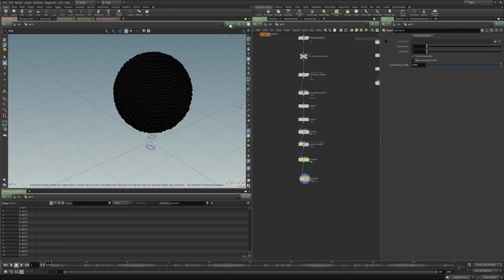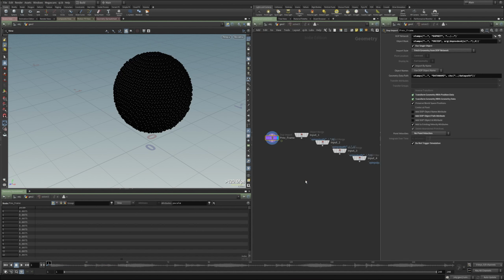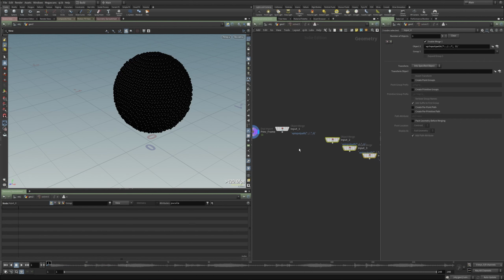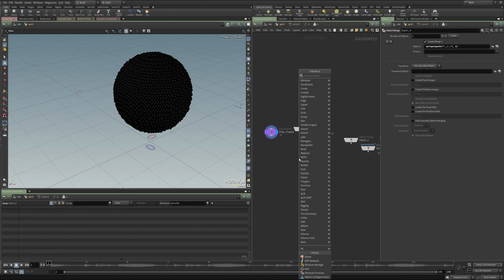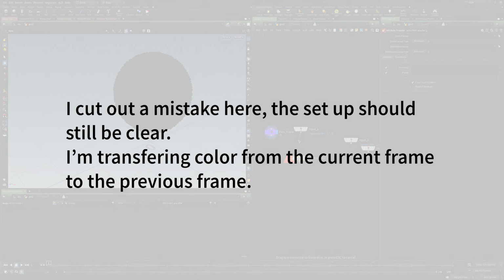So I'm going to pin my viewport and then dive inside here. What I'm going to do is an attribute transfer.